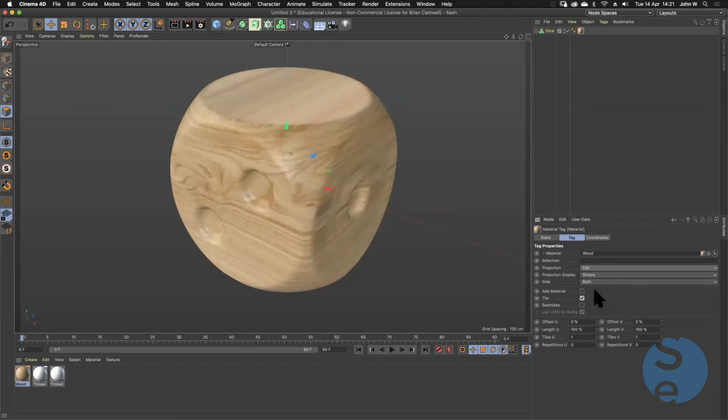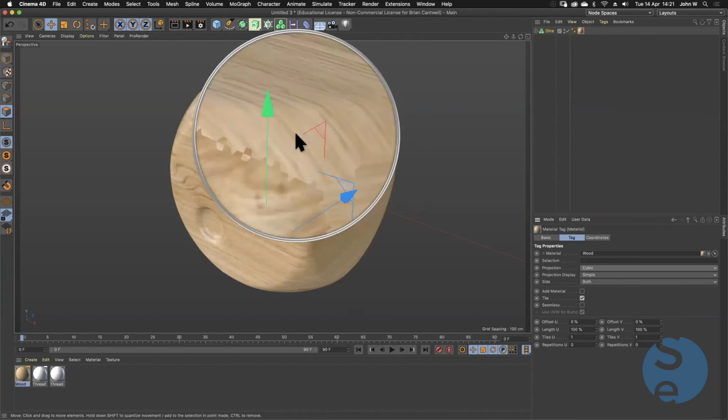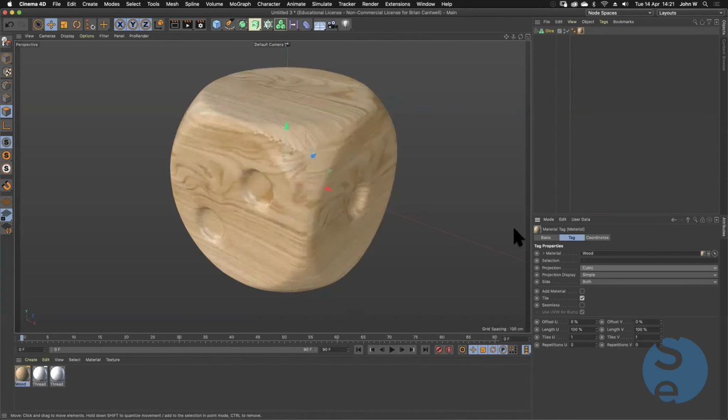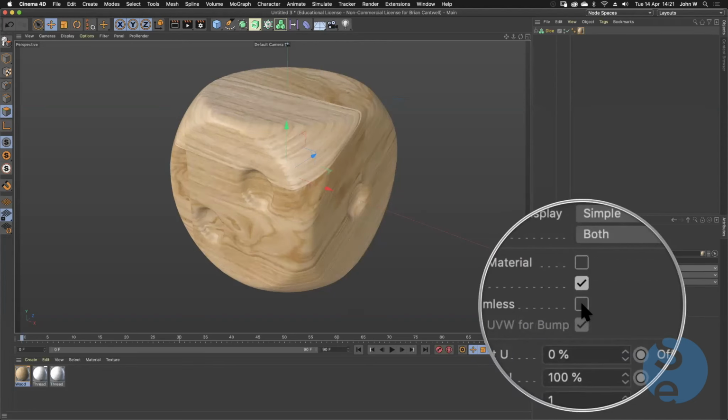But if I use cubic, you can see, or you might just be able to see, I can see these seams where the cube would be joining up. I'm going to go to spatial. That's just going to arrange it over space. I can still see those seams, but I have an option down here to hit seamless. And if I tick on that,